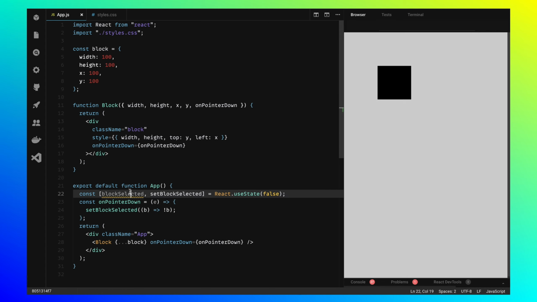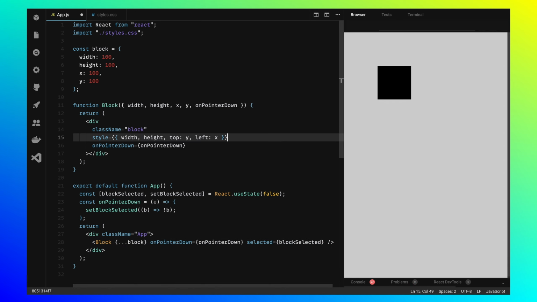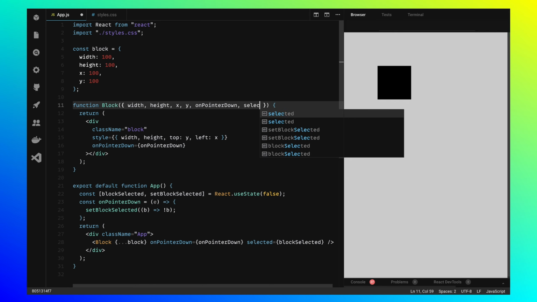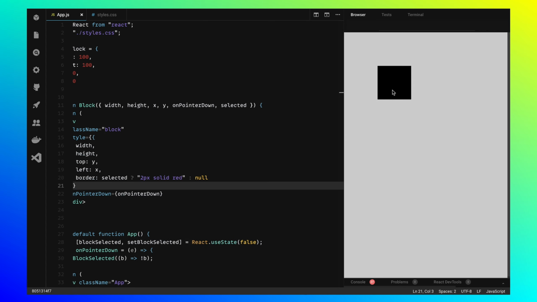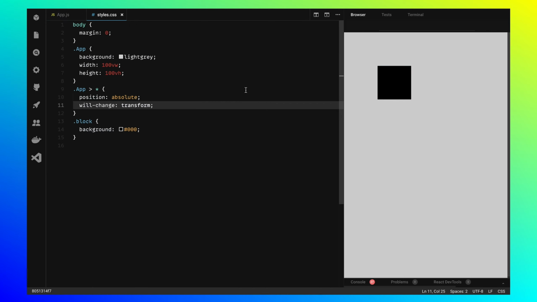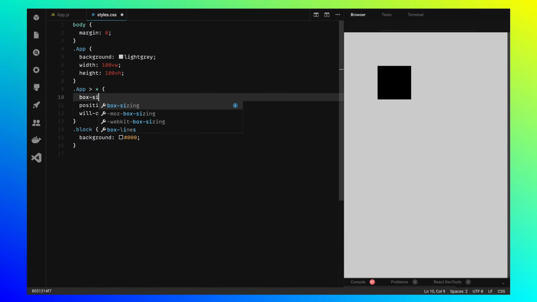Basically, when a block is pressed, we can toggle the selected state, and that's it. And now we can pass the Boolean value into the component, where we can apply some additional styling, maybe just to signify that the component is selected or not. We'll add a 2-pixel red border. Otherwise, when the component is not selected, the border will not be there. So you can see it works. But the border kind of grows the block, so we'll have to update CSS and make box-sizing border-box, which means the border is going to be rendered inside of the block and it's not going to affect the dimensions of the element.